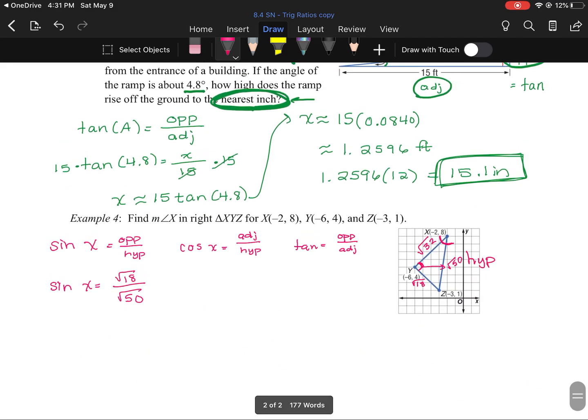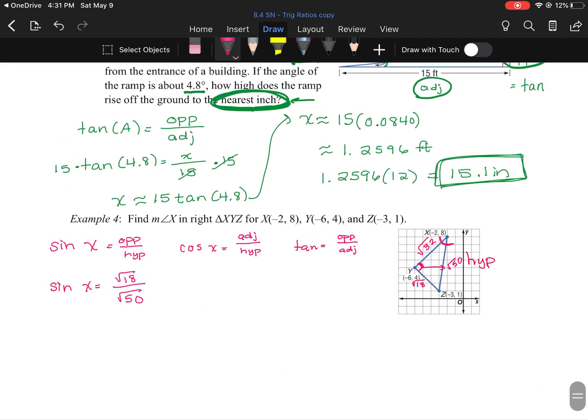All right, and now I'm going to show you how to solve this. So we want to get x by itself. So just like when we're solving equations, to undo an operation, we have to do the opposite. Well, the opposite of sine is sine inverse. So that's sine with a little -1. And what happens is that those two things cancel. But remember, what we do to one side, we have to do to the other side. So we have to write the sine inverse of the square root of 18 divided by the square root of